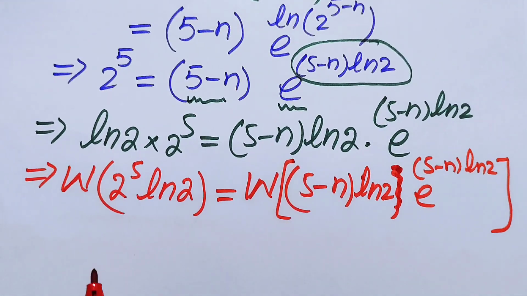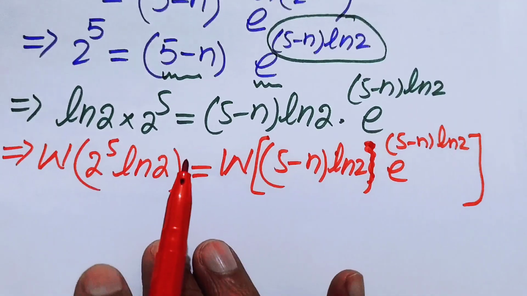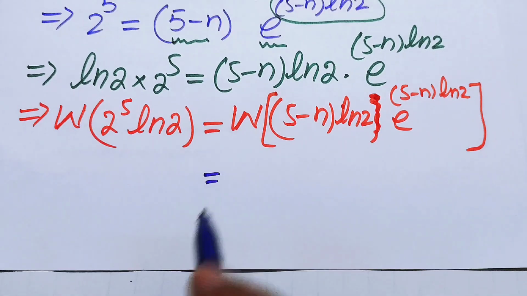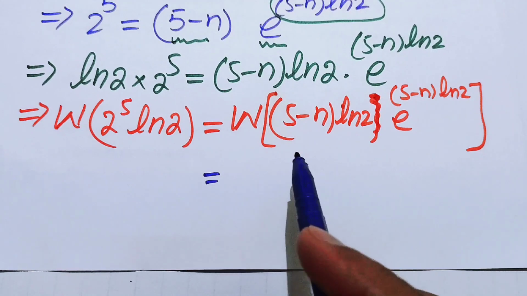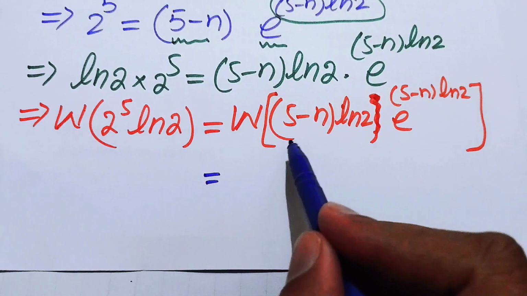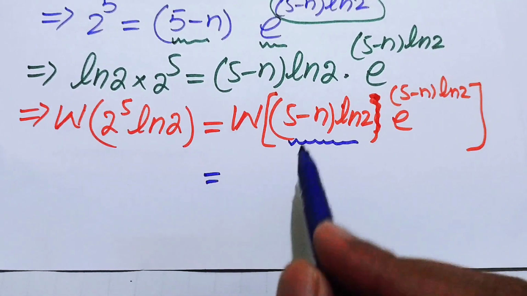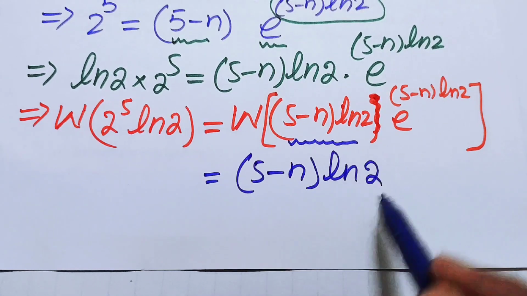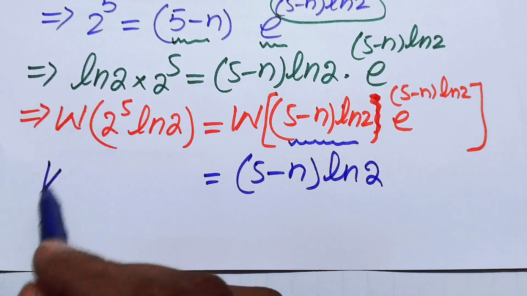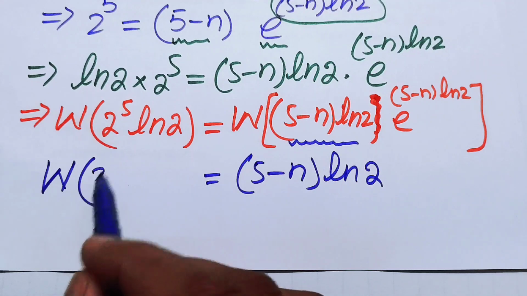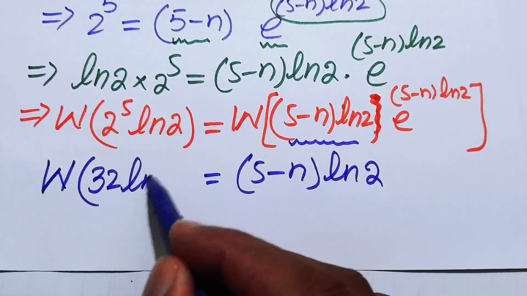So now you will focus on the right hand side, and we will apply the Lambert W function on the right hand side, and we will get its output in the form of, so here you just remember the definition of Lambert W function, which is that the output of this function is the coefficient of this exponential function, and which is (5 minus n) times log 2, and our left hand side will be W of 2 to the power of 5, and we will write 2 to the power of 5 as 32, and we have log